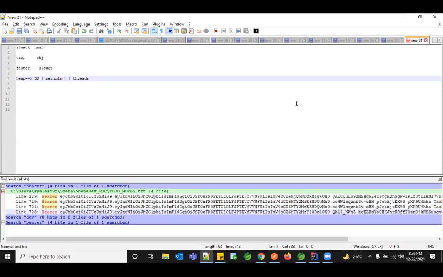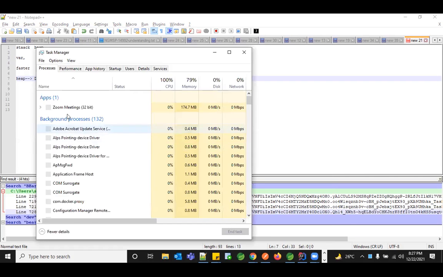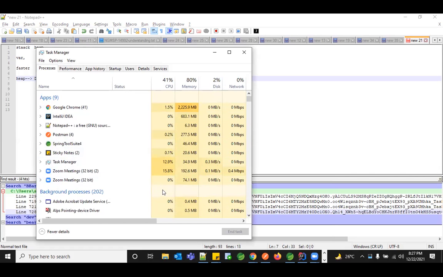And the control of all these applications, whatever I'm doing right now, is being notified by your task manager, where you can see that this many applications are getting executed right now. This is what the processor is working on. If I open the task manager, you can see how many processes are running in the background, and what the memory allocation is. So everything you are able to observe, right?